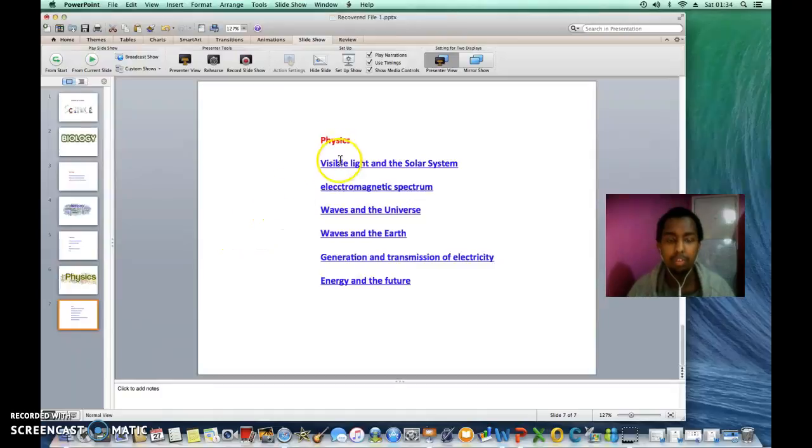We'll start off with the first topic we'll study in physics, which will be visible light in the solar system. In this topic, we will discuss the ideas of the solar system, how to use telescopes, the function of telescopes, how telescopes were invented, and ideas about the solar system and planets in their correct order. We'll use an acronym to remember the planets in their correct order. During our first topic, we will study the acronym and the solar system, the planets in order, and we'll discuss